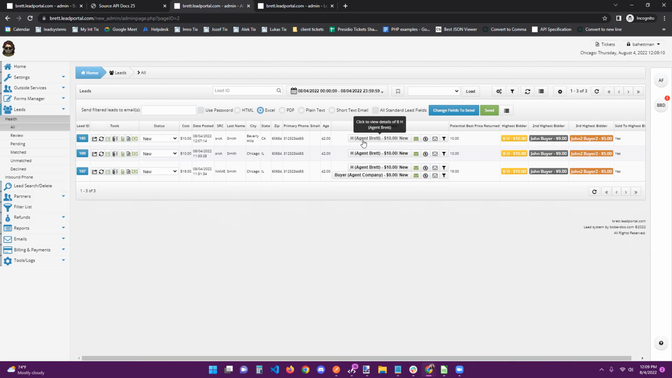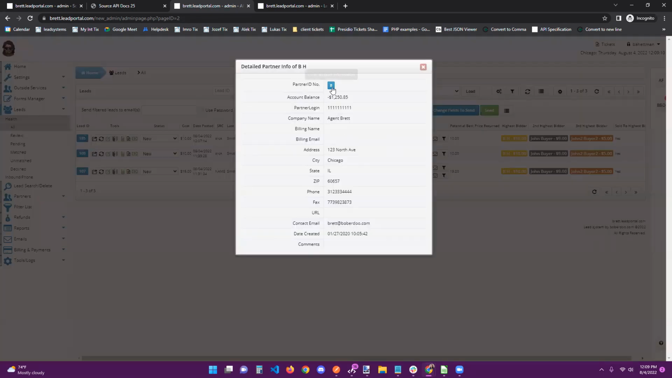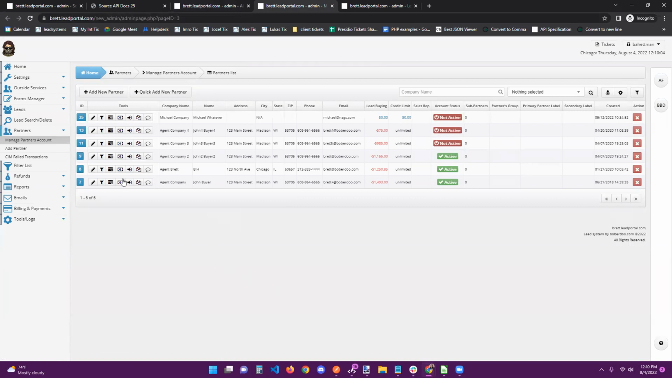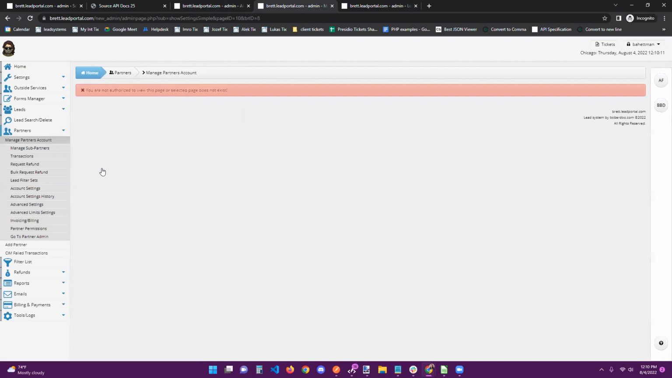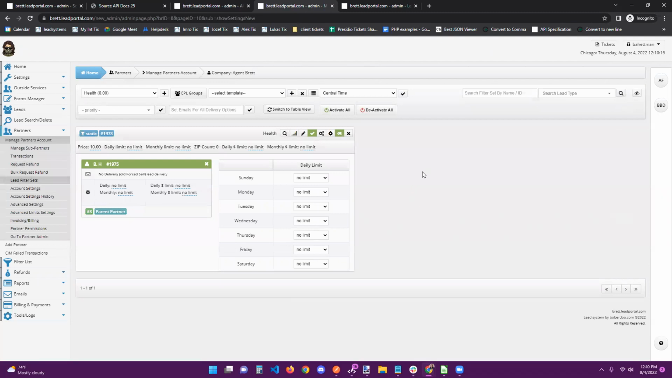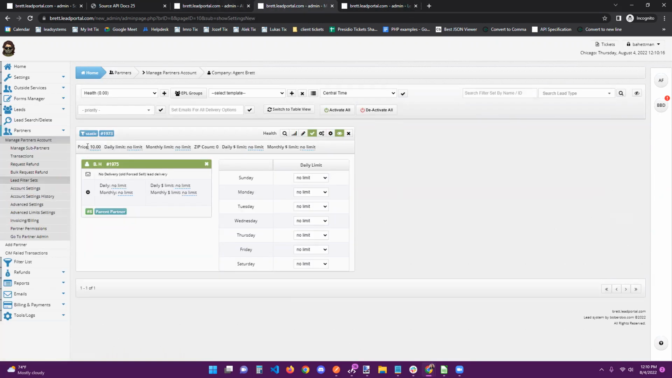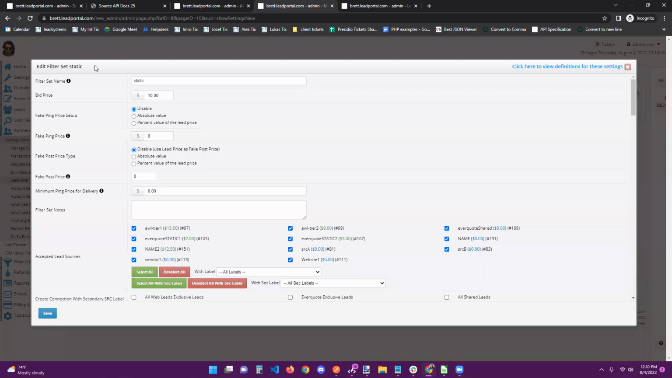So for this example right here, this matching filter set, matching partner ID 8, if I navigate to their account and I go to their lead filter sets tab and click this quick link. And so the $10 price, this is exactly where that $10 offer was grabbed from, right? Just exactly what we have in the lead filter set here. And then this is where your